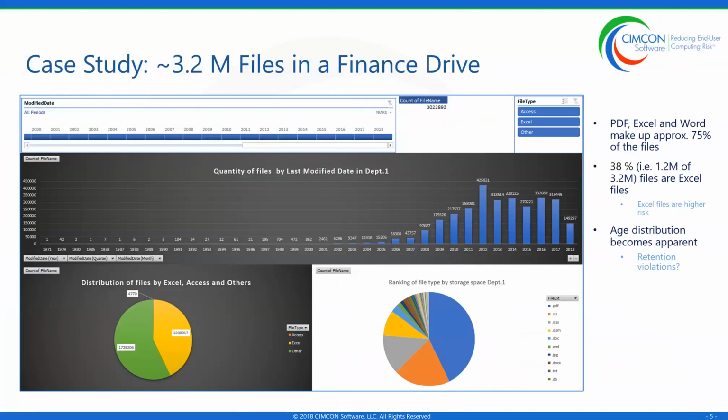One was a client that we worked with to look at some network drives within their finance department. And in this particular case, we scanned a file that had 3.2 million files in it. One of the things you can see very quickly across the top is the age distribution. So obviously everything is skewed toward the later dates, but even if you look at, let's say, 2004, there's 15,000